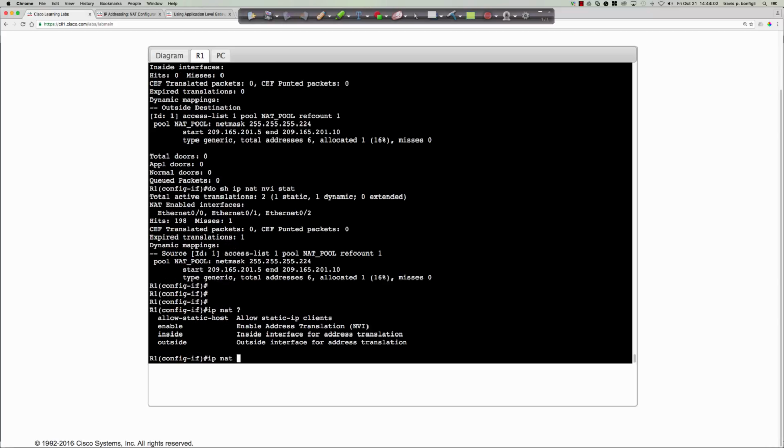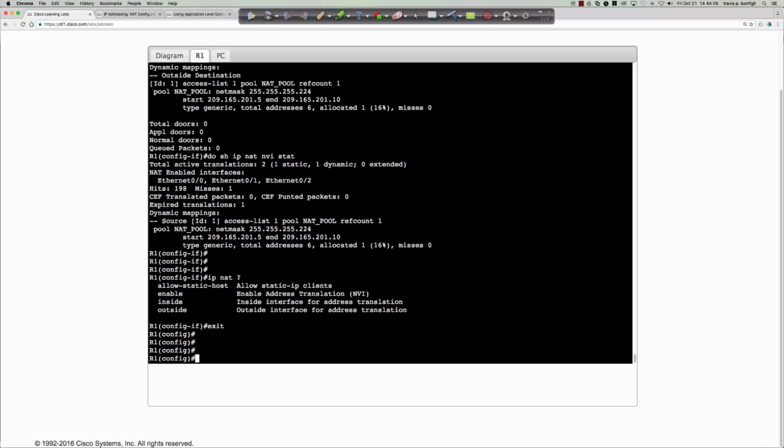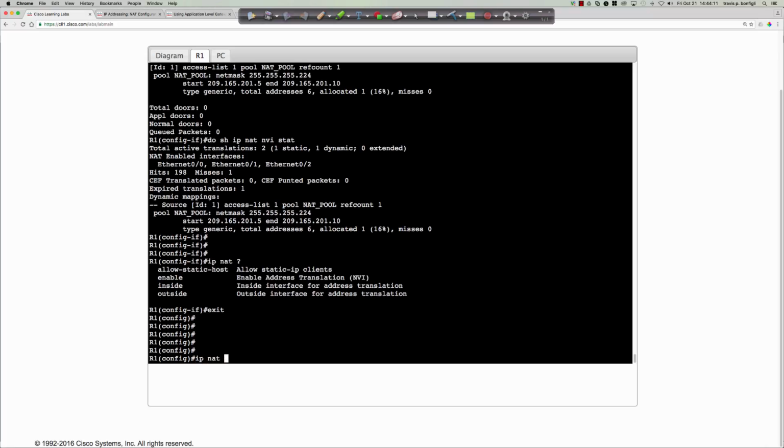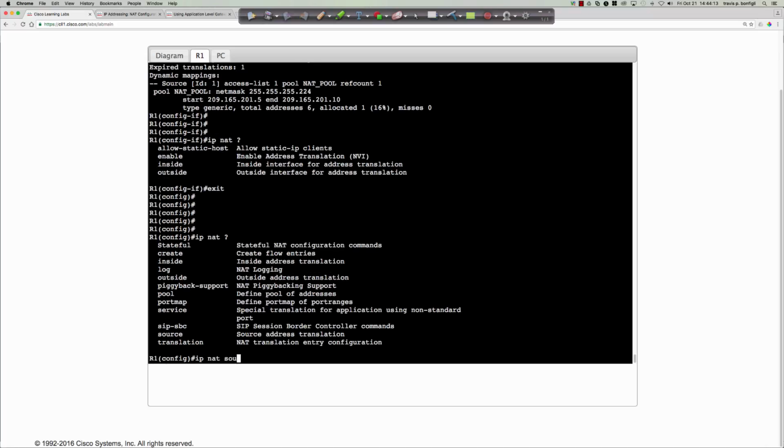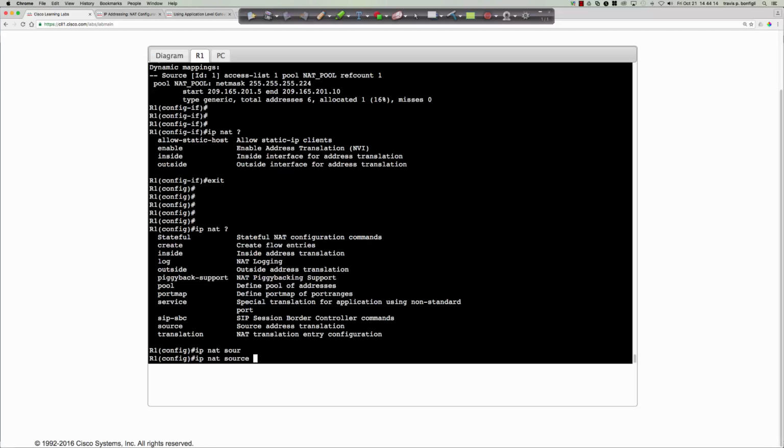Now, do I say inside or outside? I'm in an interface here. Sorry about that. I was looking at that. I'm like, where's the source? So IP NAT, do I say inside or outside? No, we say IP NAT source. So the source will be the